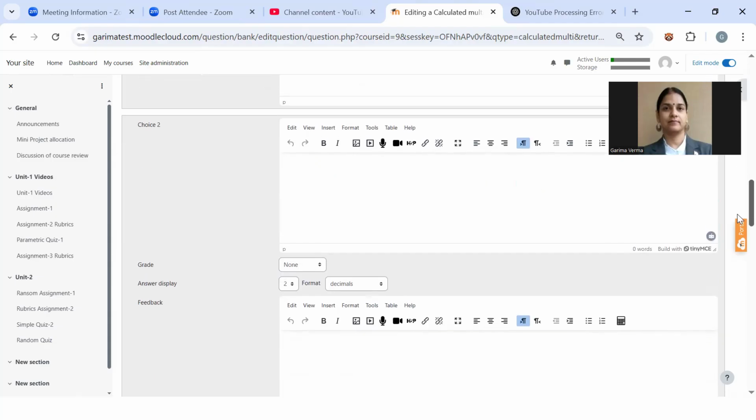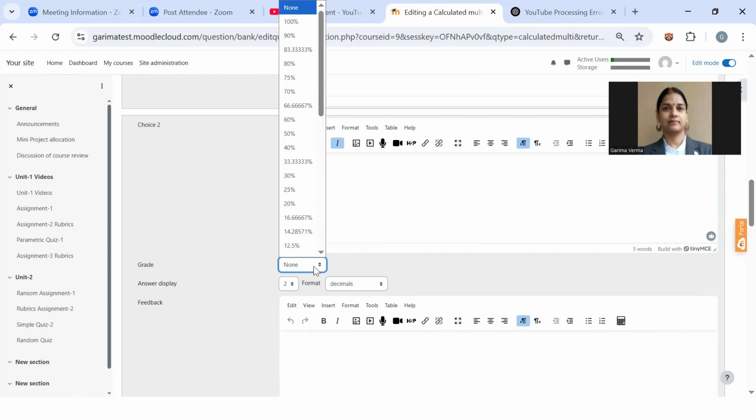Now we'll specify choice number 2. It is, say, 3.14 into r into r. And I know that this answer is correct, so I will make the grade 100%.